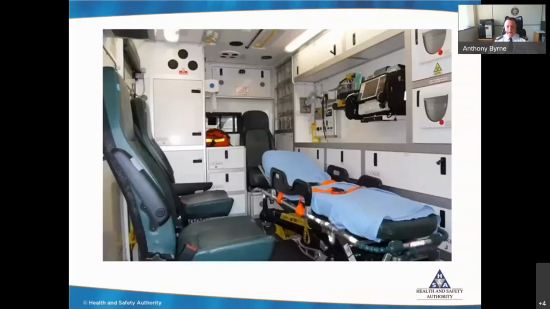This is probably a better view of our vehicle itself. This is a Mercedes vehicle that we currently have. That's our platform now within the ambulance service. We're all Mercedes chassis with box body. You can see the reach that the person has to reach across to the LifePak 15 and its position